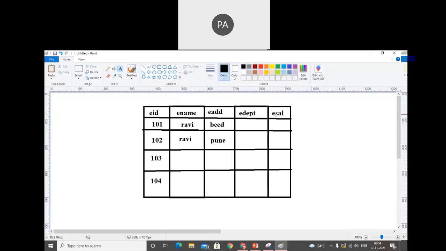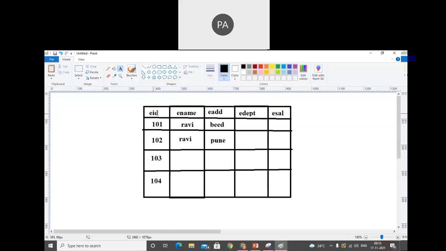And when I'm trying to retrieve the information of employees with a given salary, for example, select all from employee where salary is greater than 20,000, there is a chance of duplicate values, since many employees can have 20,000. Or suppose I want to retrieve the data, select all from employee where department is equal to 101, for example maintenance. So all maintenance employees will be retrieved. In that case, there is a chance of duplicate values.